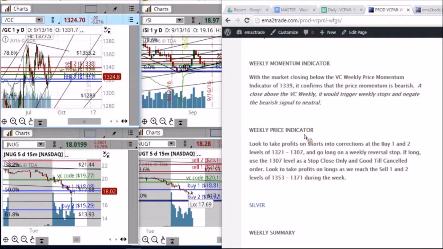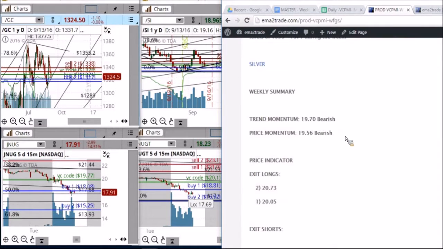When we add the weekly signals and they match perfectly in a mathematical alignment, that is when it becomes the highest probability to enter into a trade. And that's the signal that we're getting right now on the weekly swing trading signal for gold. And let's take a look at silver now,